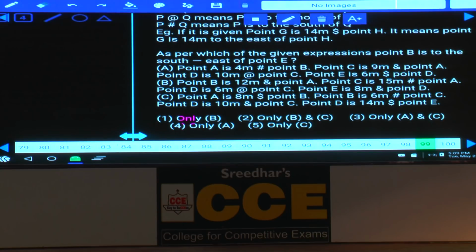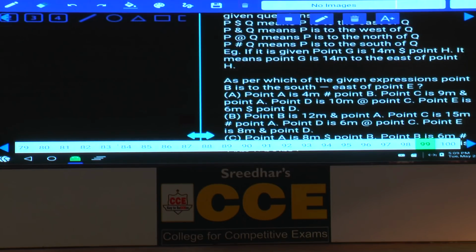Then only A, if you take here, A is 4 meters hash point B, meaning A is 4 meters to the south of point B. Now B is here and A is here. How many meters? 4 meters. A is 4 meters here. Next one, and C is 9 meters and